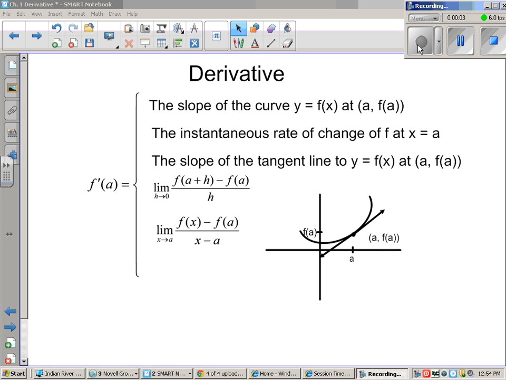Right, derivatives. This is what we've been doing. And believe it or not, that's all the same stuff as you see right in front of you. When you hear the term derivative, that should almost be automatic for all 5 of these different things, and actually 6, because when you look at the slope of the curve at a point, or the instantaneous rate of change at a certain x value, or the slope of a tangent line at a point, or even if I write it in the form where you see the limit as h approaches 0 or the limit as x approaches a,